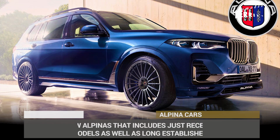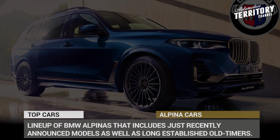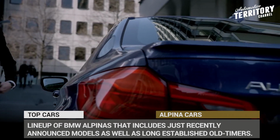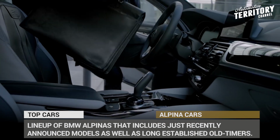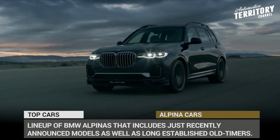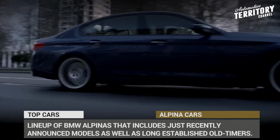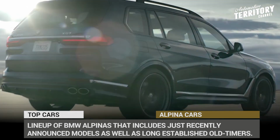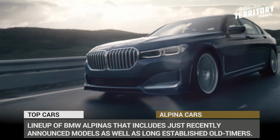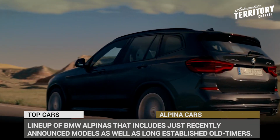If you want the fastest and the most refined BMW there is, you should not go straight to the Bavarian Motor Works dealership. Instead, look into the offerings by the tuner Alpina. Their makes are usually characterized by a couple of extra turbochargers, increased horsepower yields, and top speeds not restricted by the ridiculous limiters. Today we'll show you the entire lineup of BMW Alpinas that includes just recently announced models as